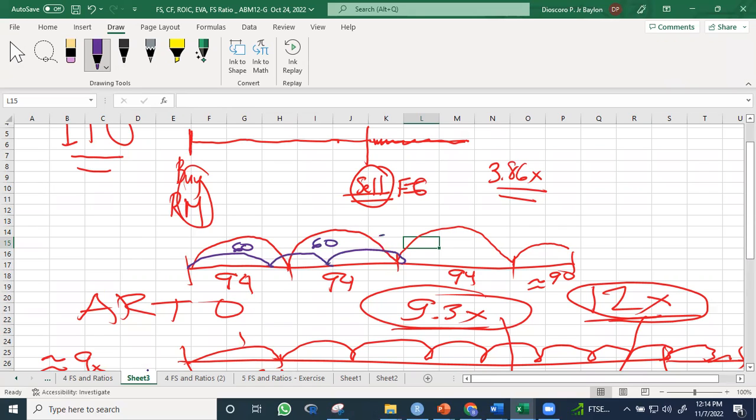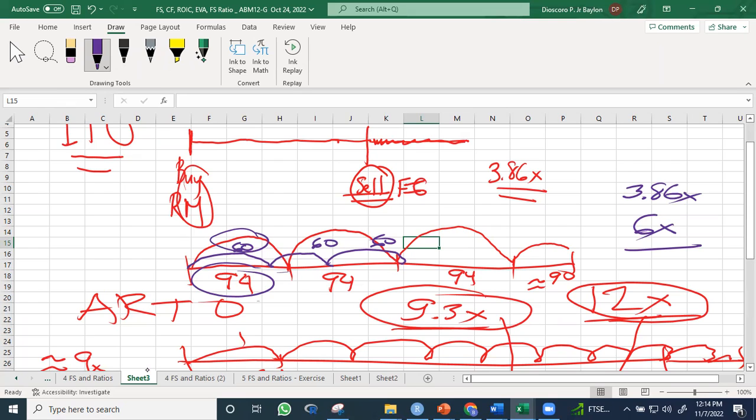60 days, etc. So how many times has the competitor sold? They sold 6 times, while we only sold about 3.86 times. 3.9 times. So definitely the competitor is performing better. It takes them only 60 days, while we take 94 days. Right? So that means